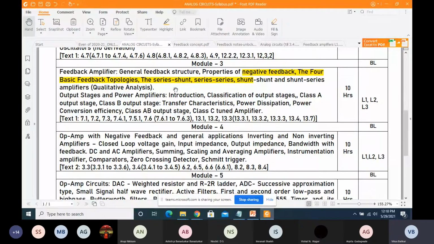With this, let us quickly jump into some of the introductory part. Today in this class, I'm going to give you a brief introduction. I guess you already know this introduction, because we have covered most of the aspects in module number 4. Today in this module number 3, we are going to start with some introductory notes about the feedback amplifiers. So with this, we're going to start with today's content. Let's try to start.